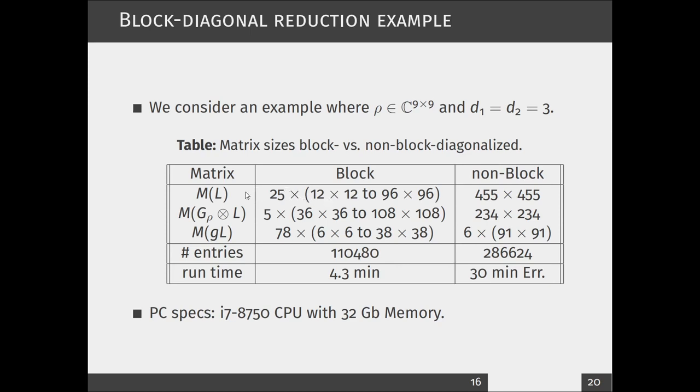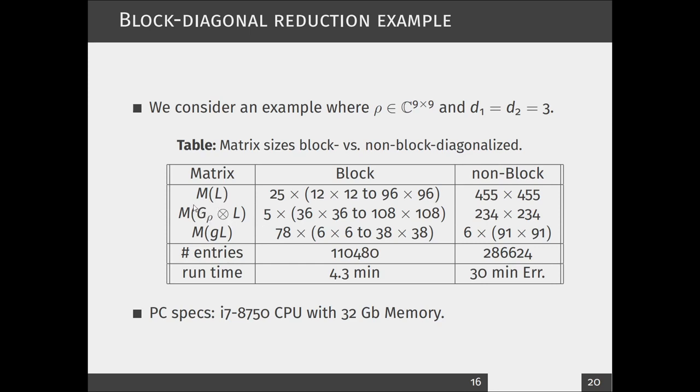So what this means is there are 25 matrices of sizes 12 by 12 to 96 by 96, as opposed to the non-block diagonalized form, which is just one matrix of 455 by 455. Obviously, there's not enough room for me to specify all the dimensions of these 25 matrices, so